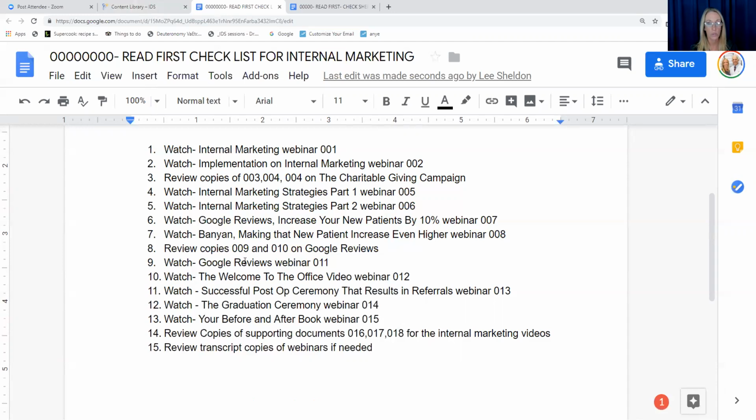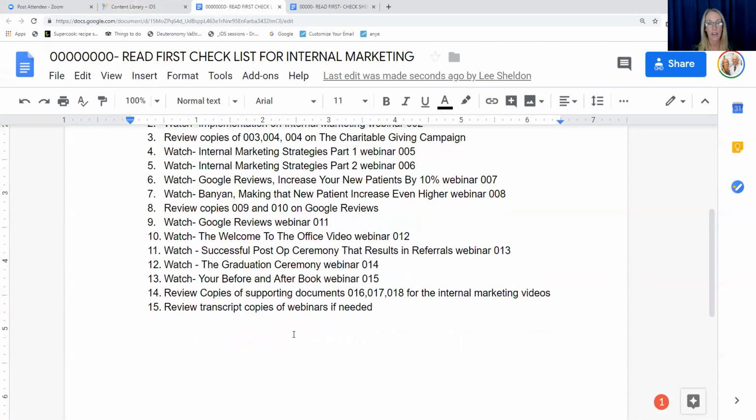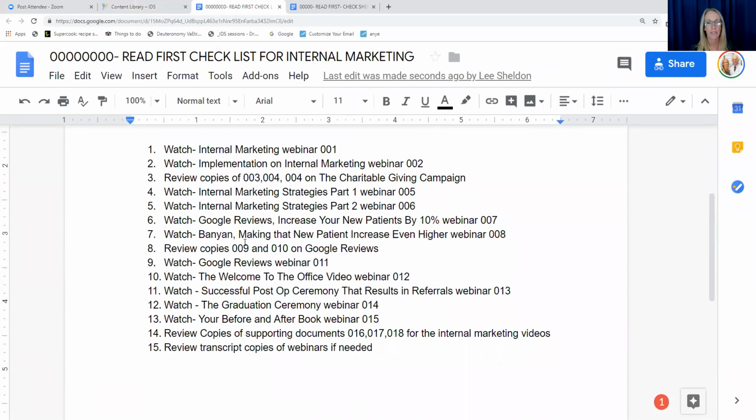Different companies we've used for the Google reviews. We have our final post-op check, which is the graduating ceremony for patients who have had treatment here, the before and after books, a lot of things that we do internally. We do have a Care to Share card in here as well, where patients and staff can refer others to your office